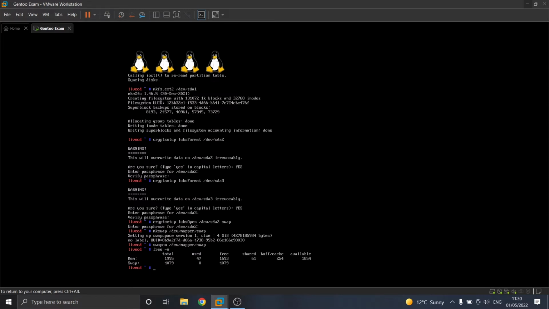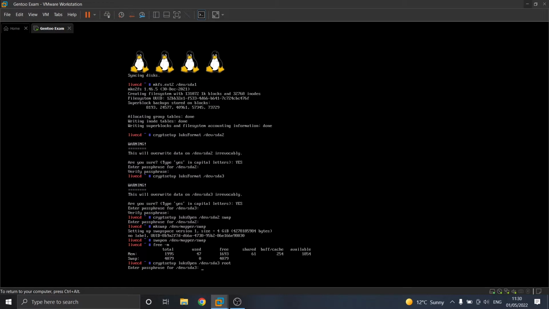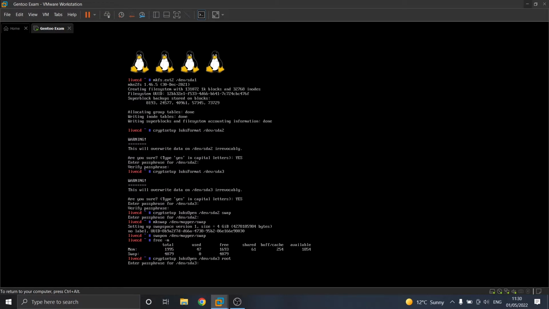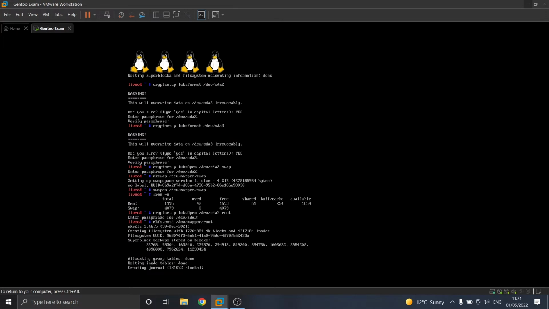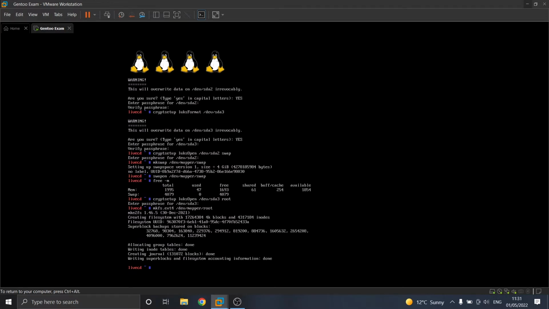We have to use the command cryptsetup luksOpen /dev/sda3 root, and we need to format this partition to ext4. In this case, we are going to use the mkfs.ext4 /dev/mapper/root command. Now we are going to mount the current root partition to the /mnt/gentoo folder. To do this, we are going to use the command mount /dev/mapper/root